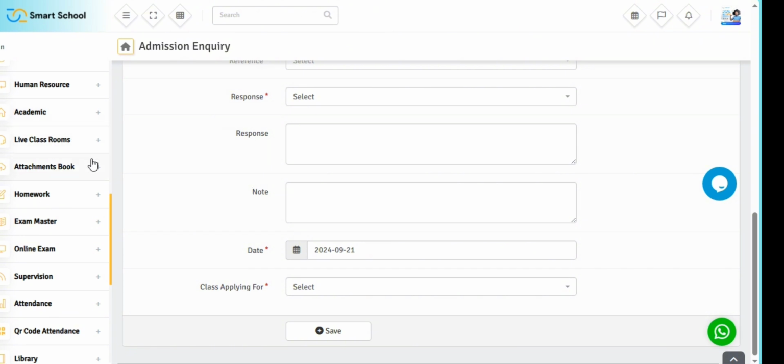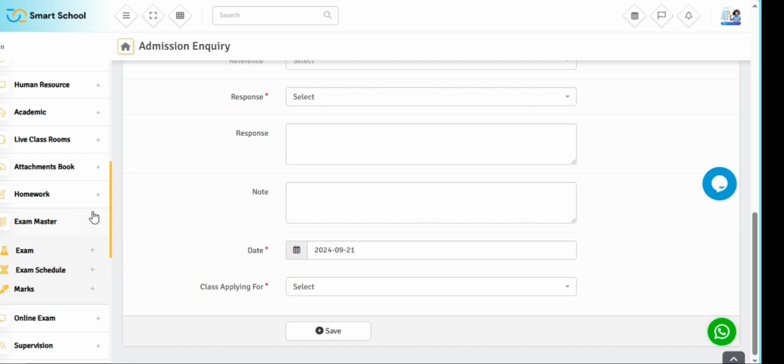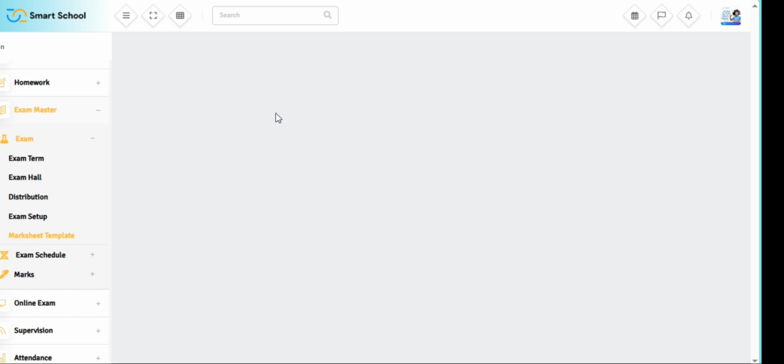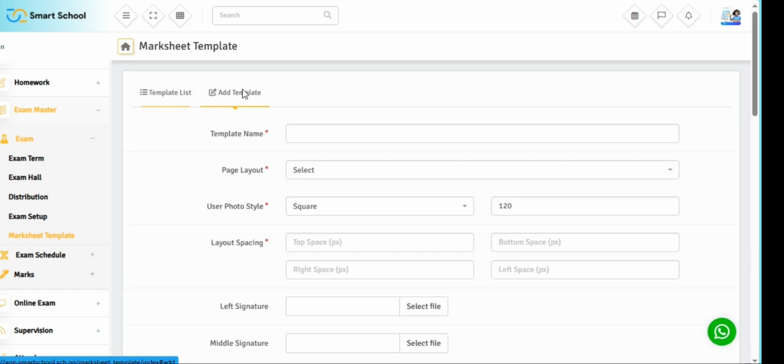Then let's go to the magic of the software, which is the exam master. In the exam master, you can create exam terms and mark sheet, and the template, you can easily customize the mark sheet template to what you want. So we already have a default template. You can add more